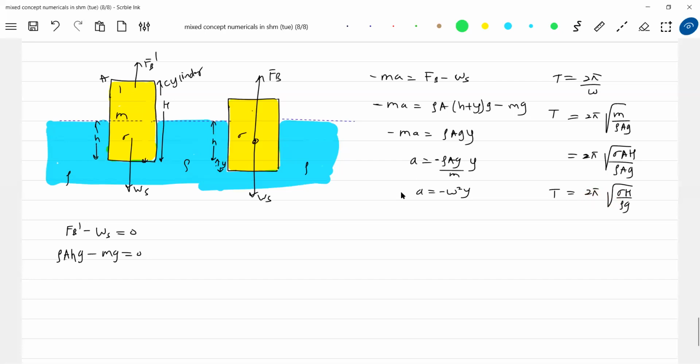More than one option, see, like in what actually more than one option? More than one option is what, like the end answer, what you get, you should know how to interpret. So will the time period of oscillation depend upon how much you press this and release? No, it is independent of y. Am I right? This y is 1 centimeter or 2 centimeter or 3 centimeter. That will not determine time period. That is nothing but amplitude. This y is amplitude.